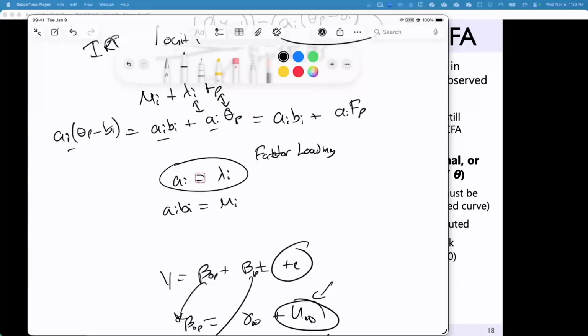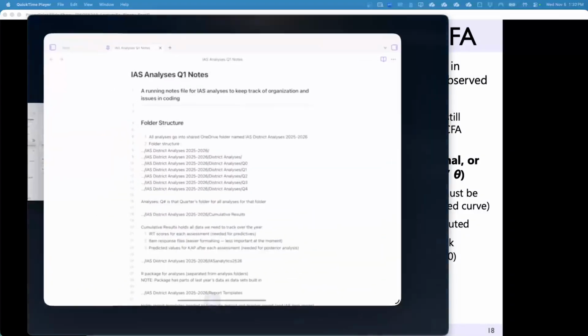And in IRT, what would we call it? Item discrimination. Item discrimination is an absolutely terrible term. There are a whole lot of terms in statistics that could be changed, but item discrimination should be at the top. Why it's called that is, if you think of your ogive, your S-shaped curve, where...